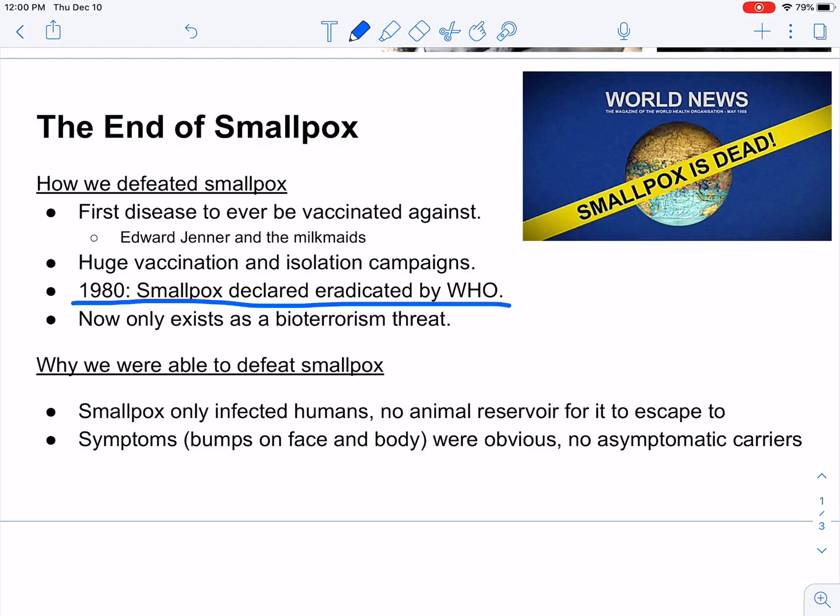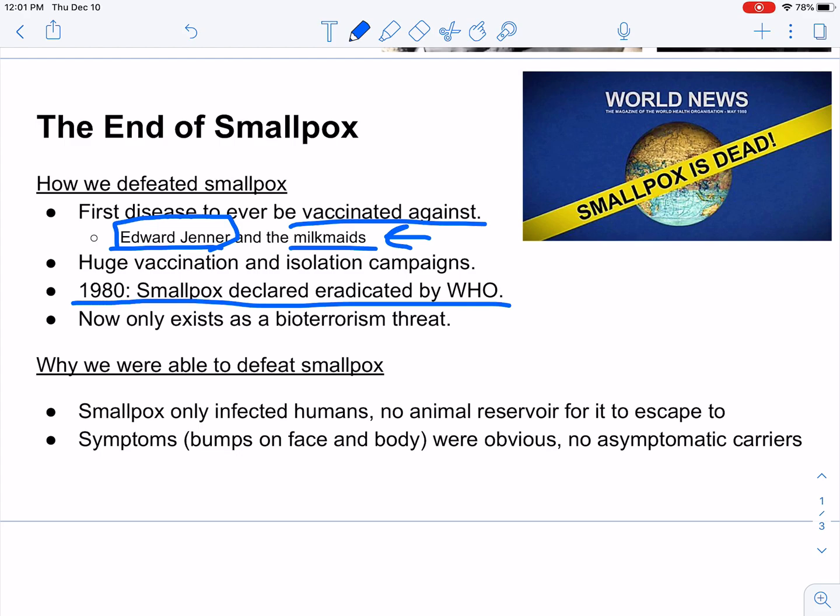And this was because this is the first disease to ever be vaccinated against. We learned about Edward Jenner and his milkmaids. Before that, they had variolation, where they were taking pus from the pustules and injecting it into people and giving them smallpox, and people would survive it. Edward Jenner went one step further. He took basically cowpox, which is what these milkmaids were suffering from, which was a much less severe form of the disease,